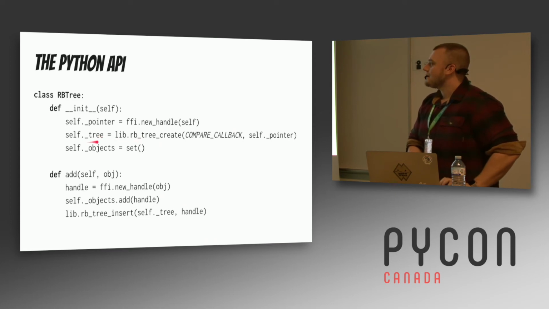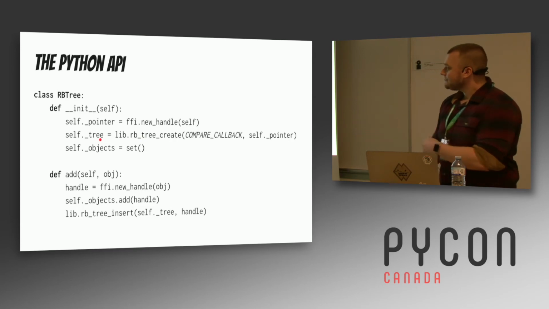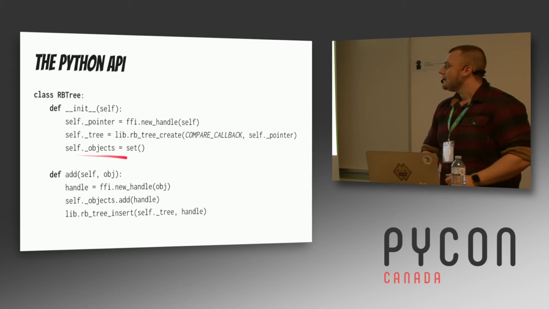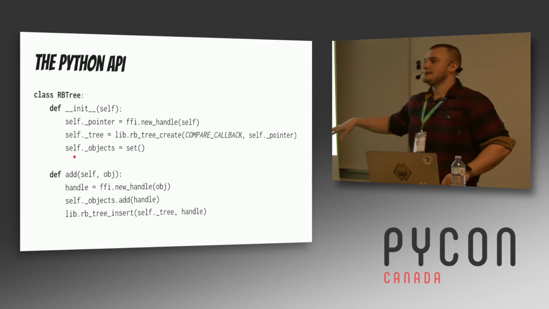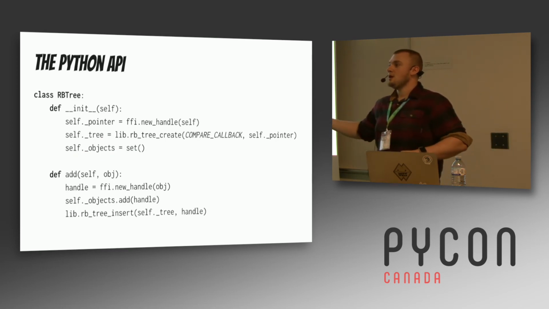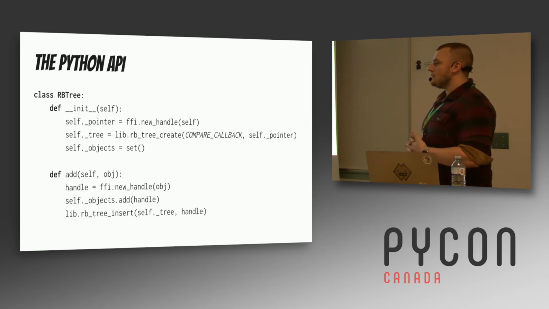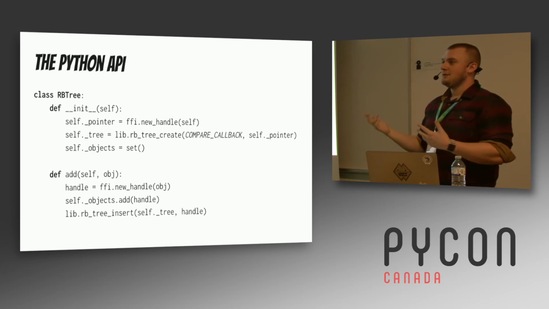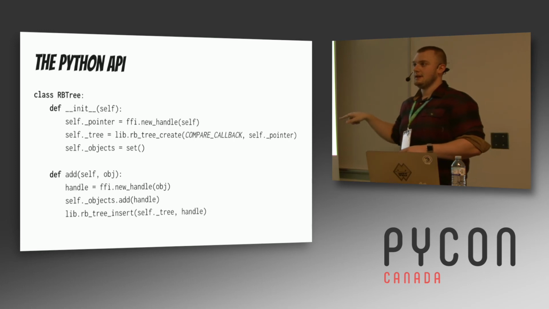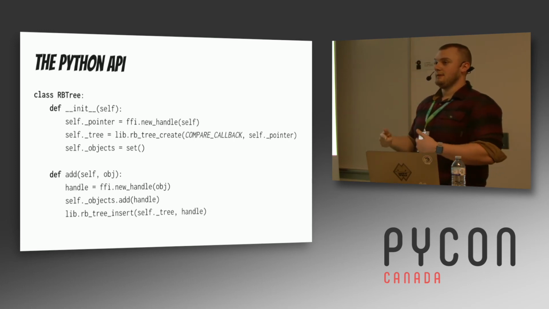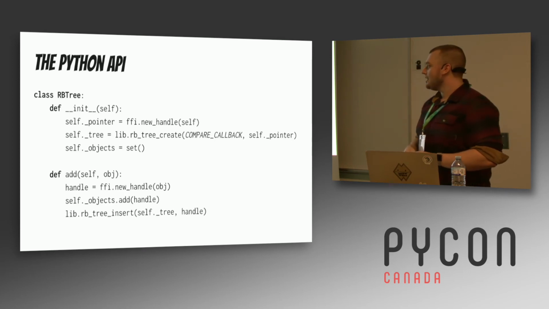So this tree attribute is going to be an FFI pointer type from Python, and we want to make a set of objects. Basically, when you put an object in the tree, the reference to that object goes into C, and the Python interpreter no longer knows what's pointing to it. It can't really do garbage collection anymore, because it doesn't have an accurate sense of whether references to it exist. So we're going to create a simple set of the objects that are contained in the tree and keep track of them as we're adding and removing them, so that we don't end up with a ton of wasted memory.